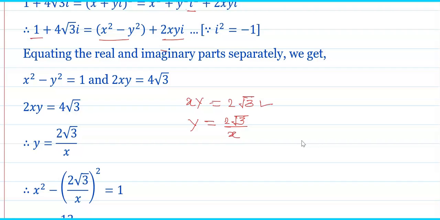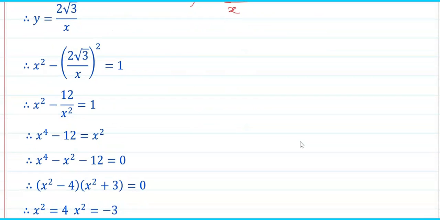Substitute the value of this y in this equation. x square minus (2 root 3 upon x) whole square, that is equals to 1. Again here what will we do? We will square. x square, and 2 root 3 squared: 2 squared is 4, root 3 squared is 3, and this divided by x square. Okay, and therefore you will get x square minus 4 into 3, 12 upon x square, that is equals to